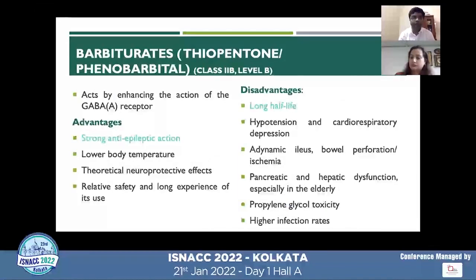Barbiturates, thiopentone and phenobarbitone act by enhancing the action of the GABA receptor. The advantages are the strong anti-epileptic action, lowering the body temperature, theoretically neuroprotective effects, and relative safety given longer experience of its use. However, the disadvantages are the longer half-life, hypotension, and profound cardiorespiratory depression that usually needs vasopressor